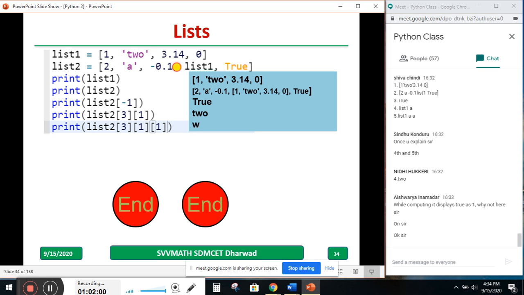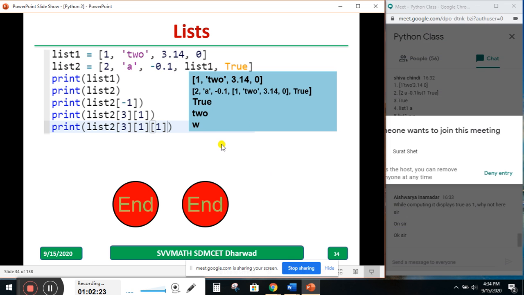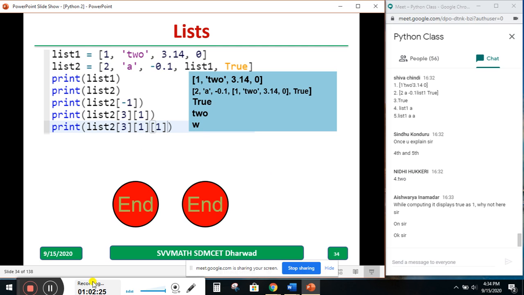Practice this. Instead of 1, you write down 0, 1, 2, type it, and check the answer in your room, so that you will learn properly, at least the print statement, how it accesses and how to print a particular character in a particular list. Okay, I think it is 4:35. Now we'll try to wind up, and if you have any doubts, you can